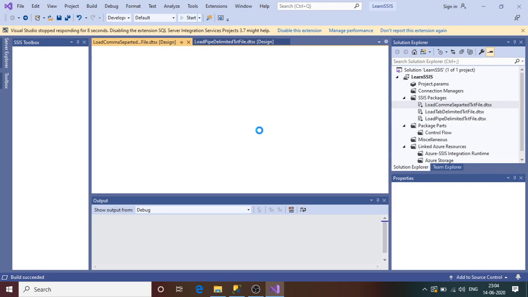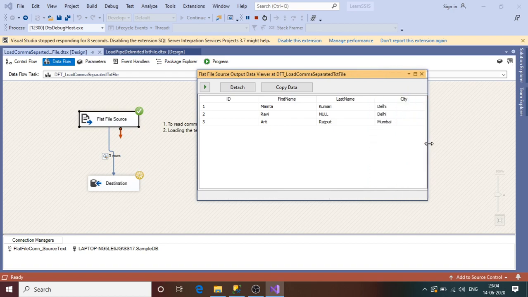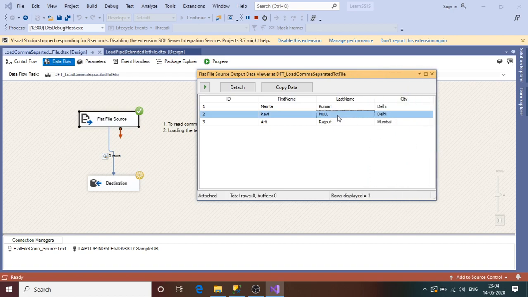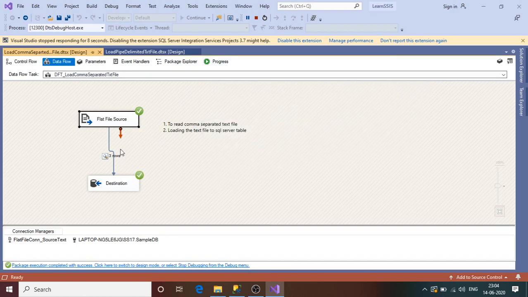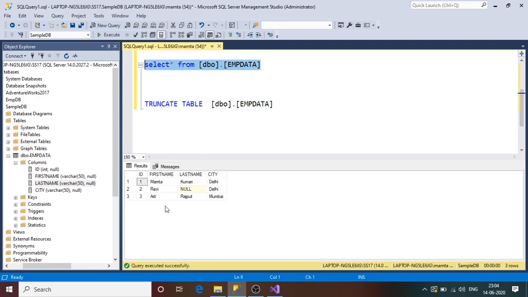You can even check here in the data viewer. This is the data we are going to insert into our SQL Server table. Earlier it was blank. Now the SSIS package is going to insert the null value instead of blank. Close it. Three rows got inserted. Now go to the table here, select your table and see the result. See, instead of blank or this empty string, we now have the null value. So this is what we wanted to achieve here.